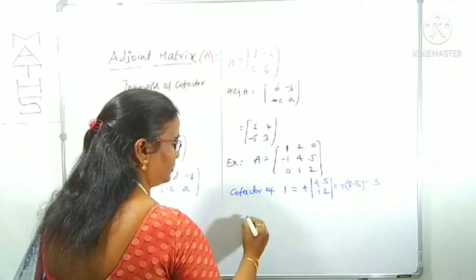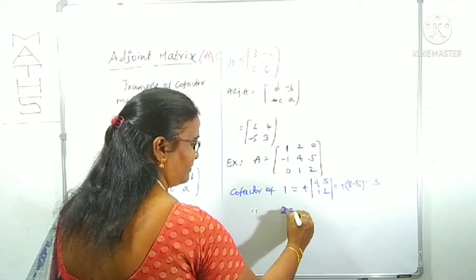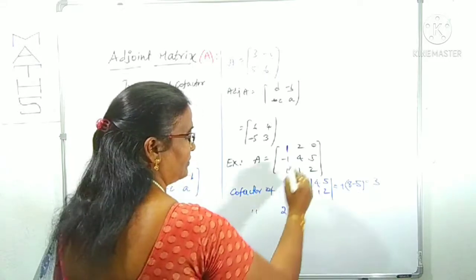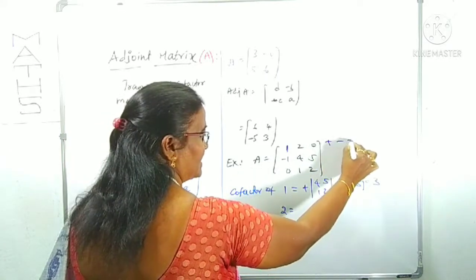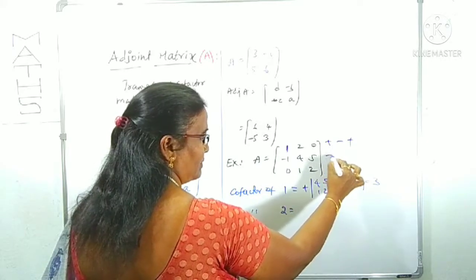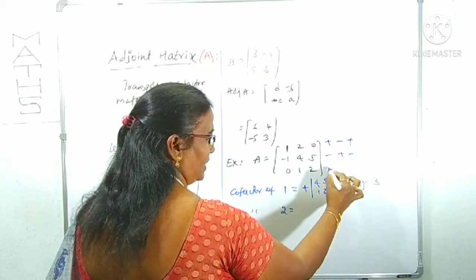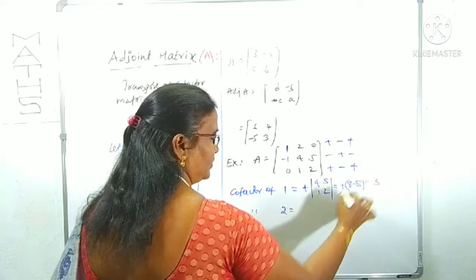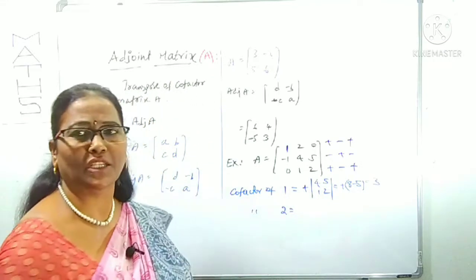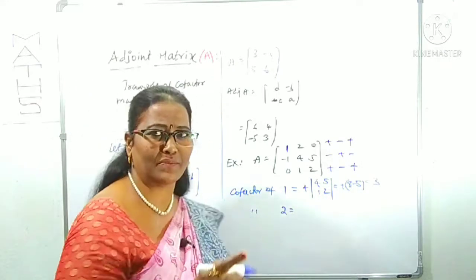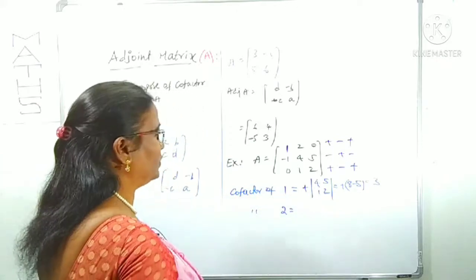Next, cofactor of 2. You want the cofactor of 2. ఎలా find out చేయాలి cofactor 2. First row కి plus minus plus sign use చేయాలి. Second row కి minus plus minus sign use చేయాలి. Third row కి plus minus plus sign use చేయాలి along with the determinant. Right? That is called as minor actually. Okay, ఇప్పుడు 2 ఏ రోలో ఉంది?